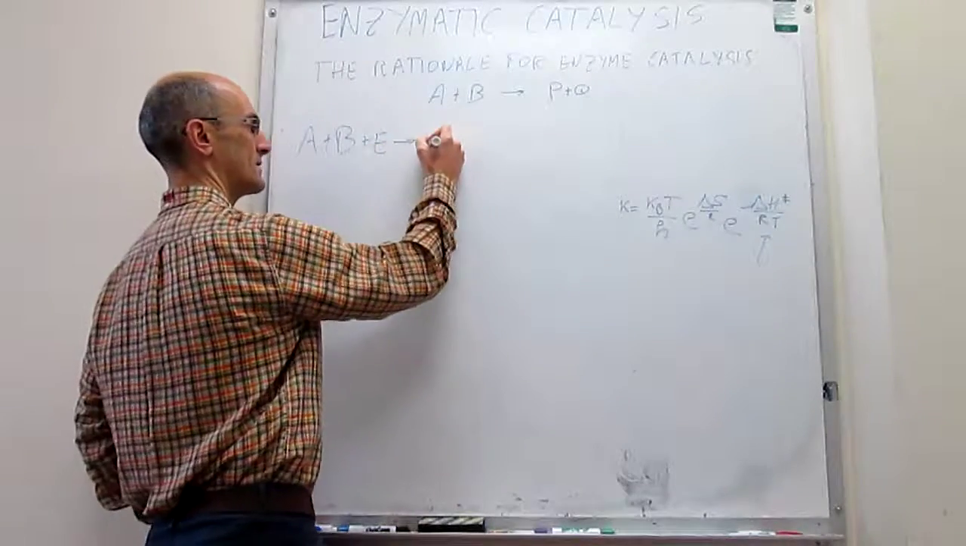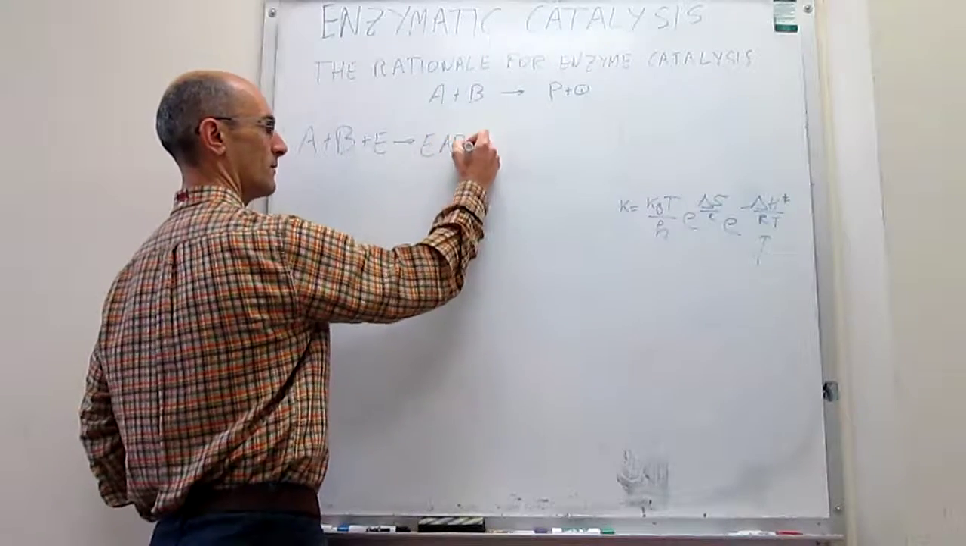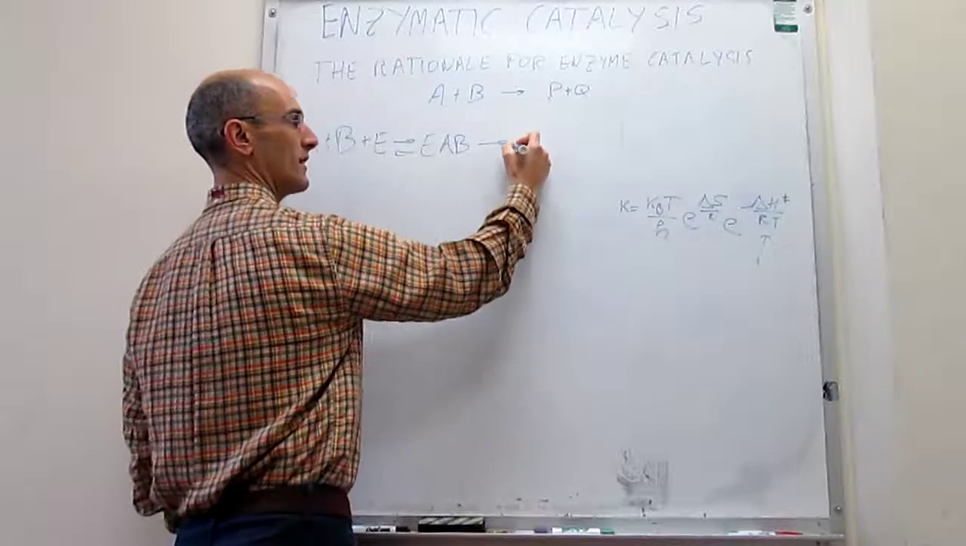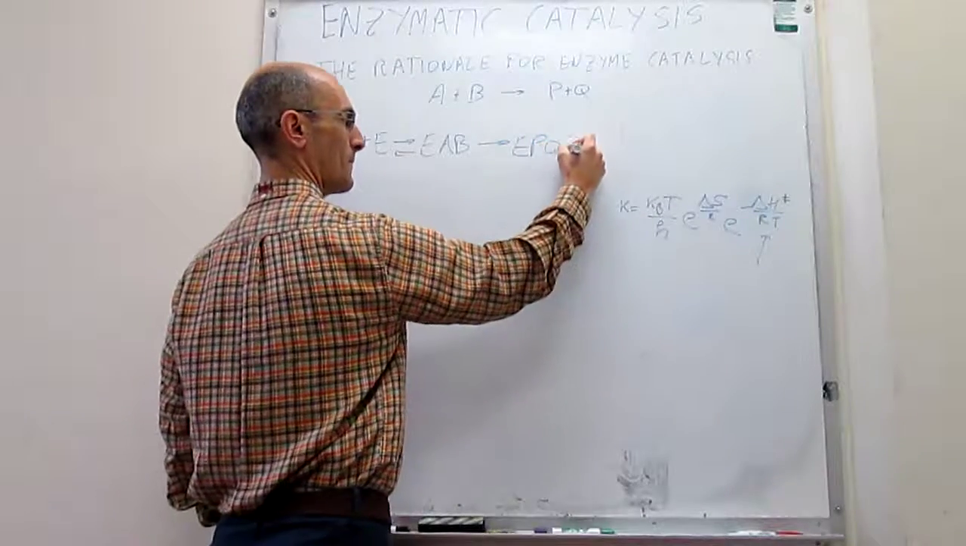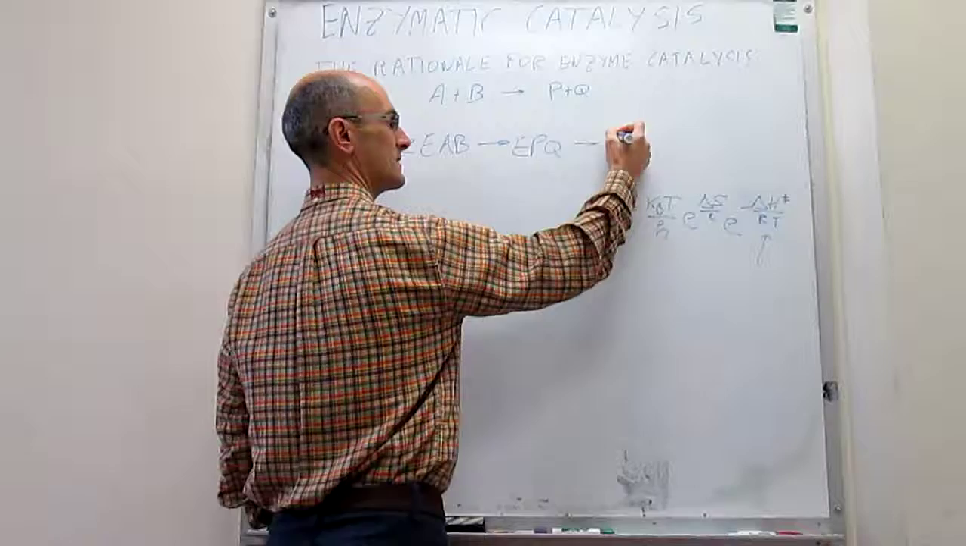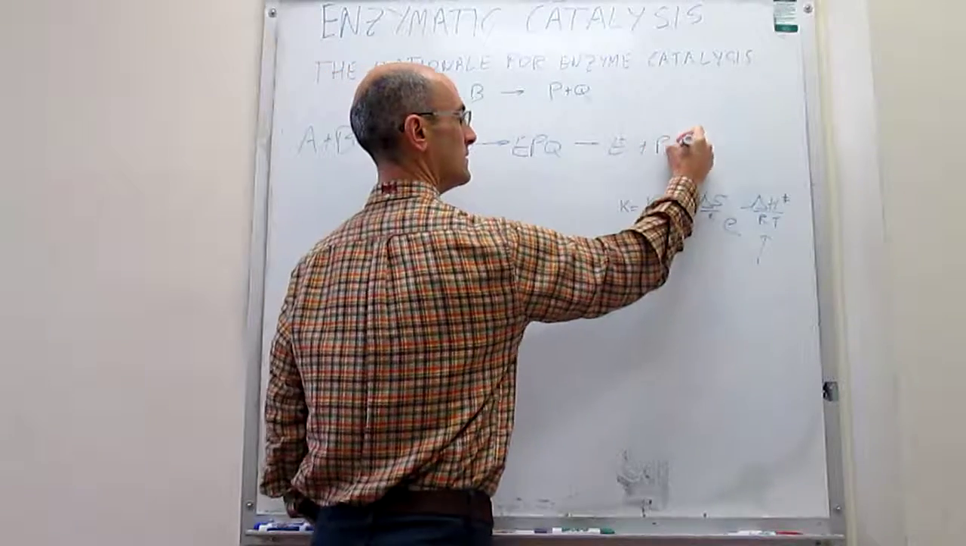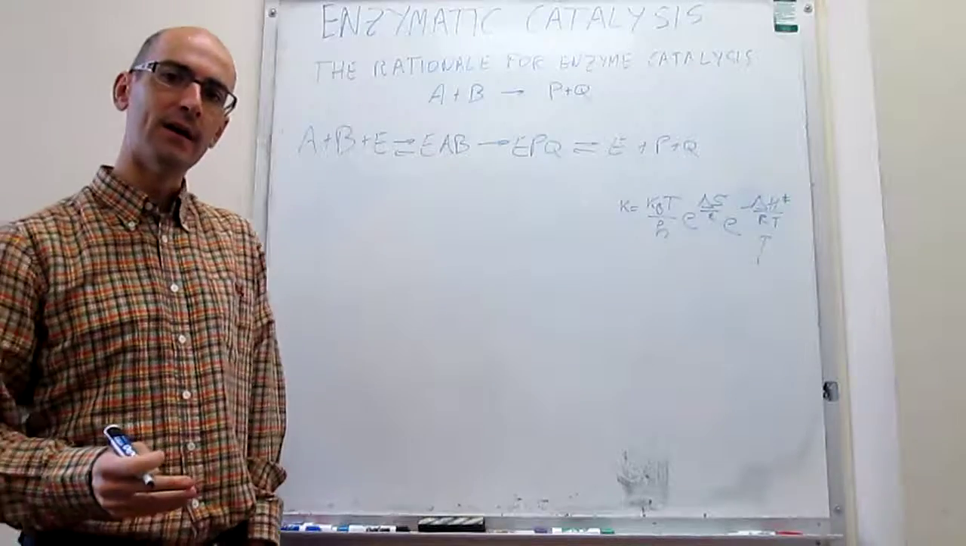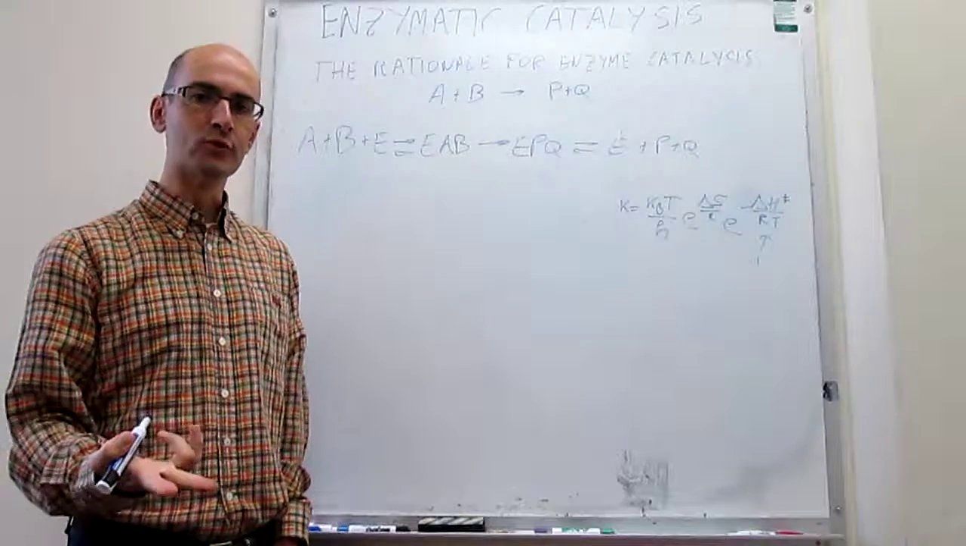That forms an enzyme A sub B complex, then the reaction takes place, and this might be reversible. The reaction takes place, giving EPQ, and then this needs to dissociate into the products. Okay, this is a simple reaction mechanism for, again, an enzyme catalyzed reaction with two substrates, A and